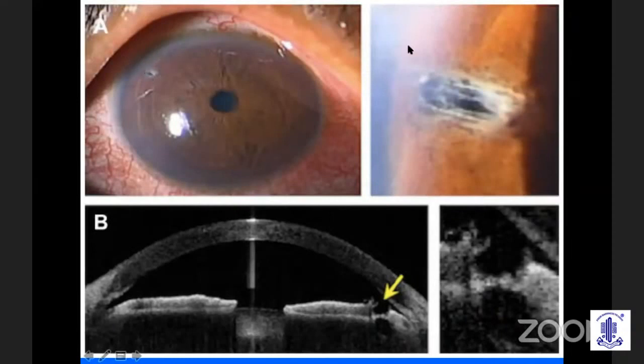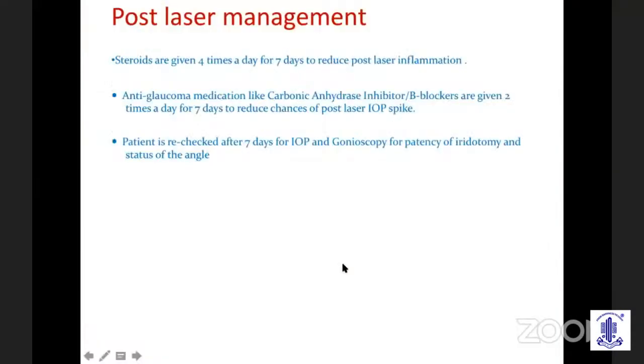That's with the YAG laser, and this is what it looks like when you actually fire the YAG laser into that crater made by the diode. That's an anterior OCT picture. So post-laser management, we give steroids 4 times for 7 days to reduce the inflammation, and of course an anti-glaucoma,